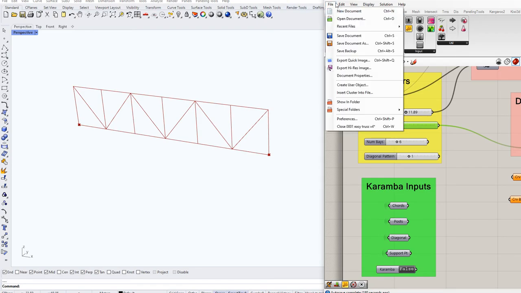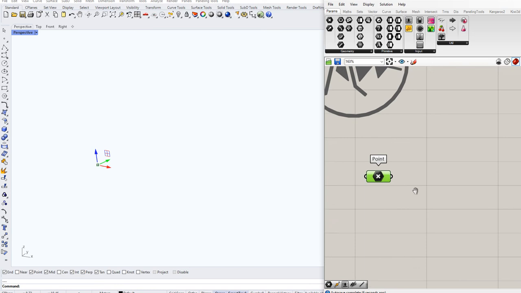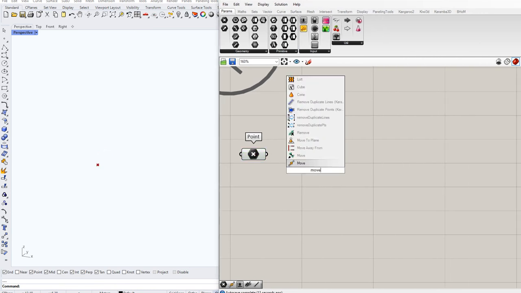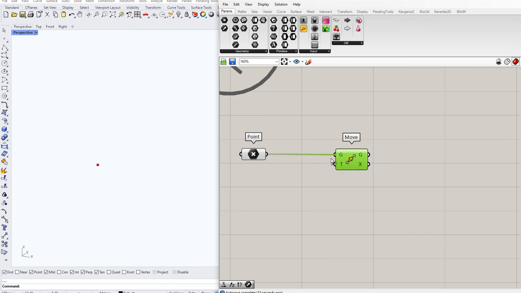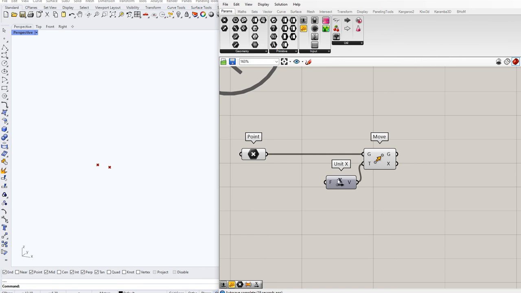All right, let's start off. We'll start off with first point 0, 0, 0, and then we'll move that point along the x-axis and we'll put a slider in here from, let's say, 2 meters to 20 meters, 0.00, to give some decimal places. Okay, so that goes from 2